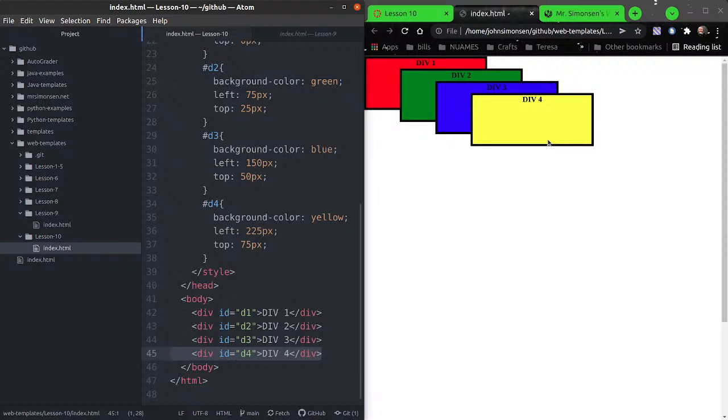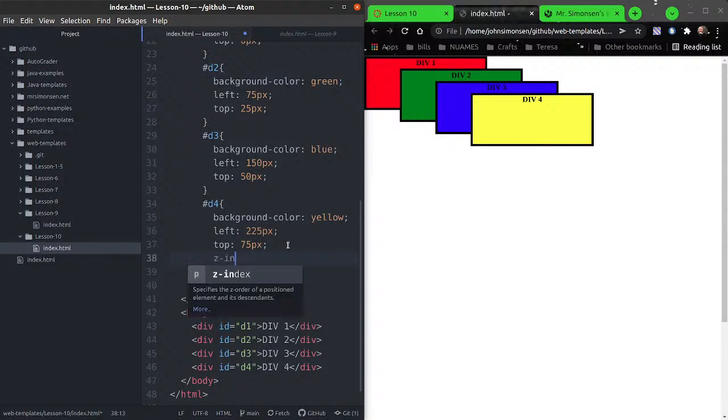It's called a z-index. So you can think of height and width, right, as the x and y axes. Z is coming out of the screen or going into the screen, right? So let's grab div2 and bring it to the front most and send div4 back one. Let's do that. So we'll say div4's z-index is going to be -1,